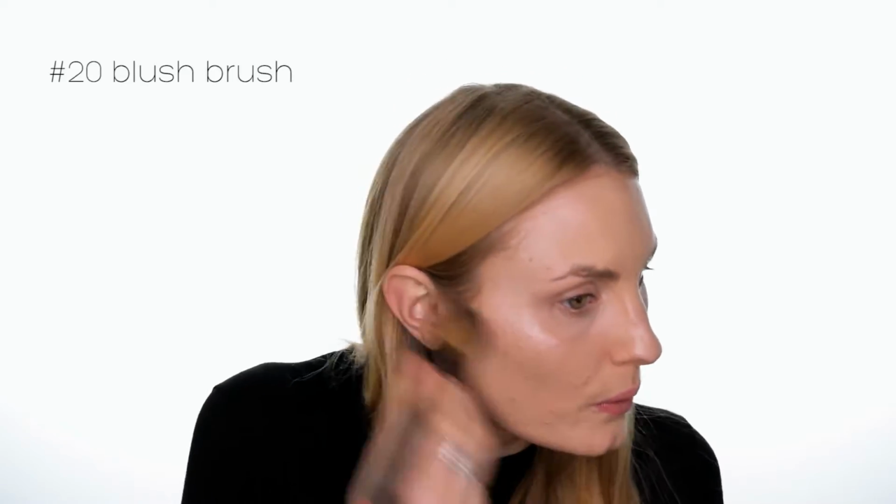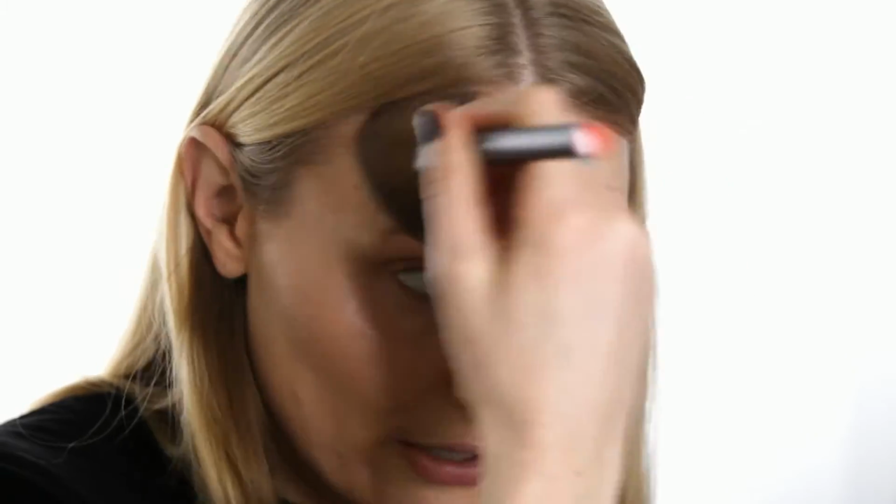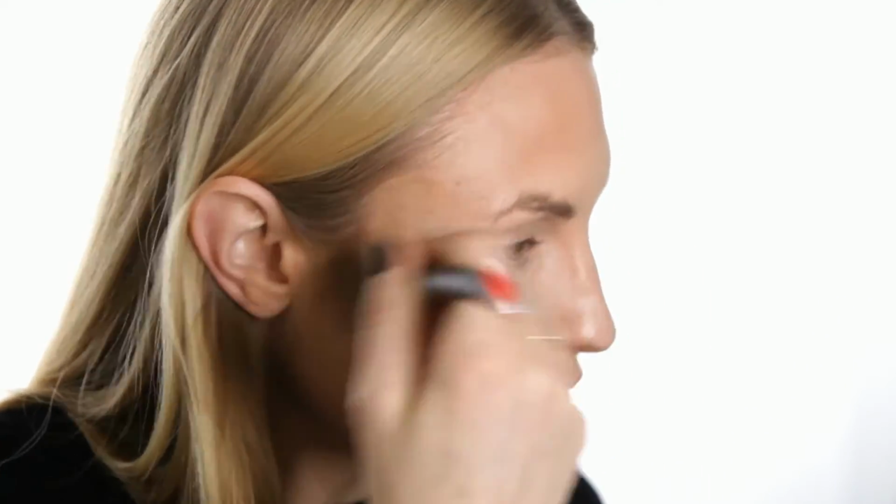Okay, great. Moving on, bronzer, the all important bronzer, so we don't want to forget that step. I'm going to use my Laguna liquid bronzer, just 2 pumps of that again, with the number 20 blush brush. This is a natural hair brush, and it works really, really well with liquids because it just soaks up the liquid, so you don't actually apply too much of it. It really gives you an even blend with the product. So just big circular motions